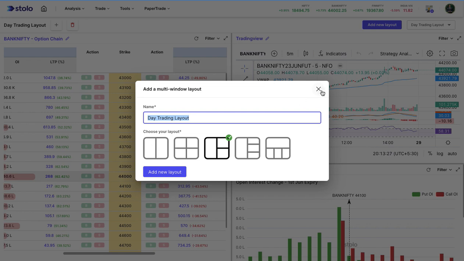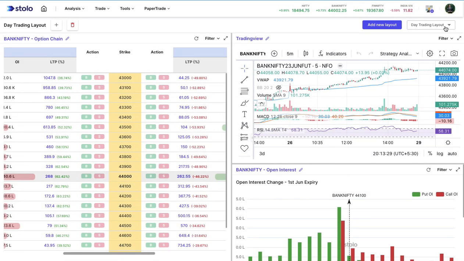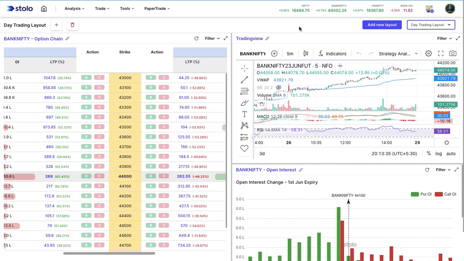You can choose between your layouts as well. And here you get an option to change layout. So if you have created multiple layouts, you get an option to change your layout, right? So now coming into this layout specifically, let's say, for example, here, instead of OI on this box, I want, for example, max pain. So I just have to click on this pen icon here, which is the edit,